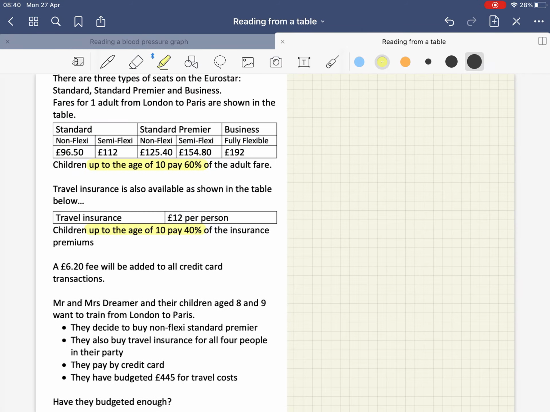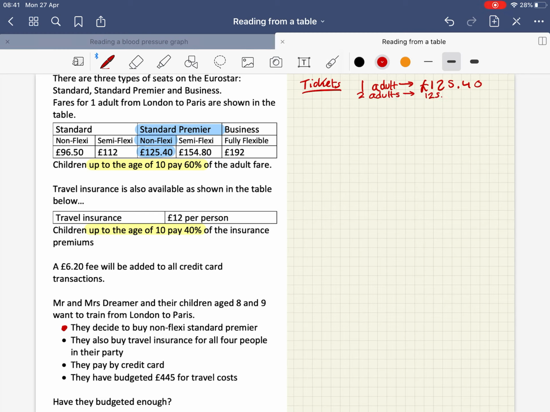So, zooming out, let's have a go at this. So, again, working from that first bullet point. So, tickets. And we are dealing with a non-flexi standard premier. So first, I make sure I go to the standard premier, and it is going to be non-flexi. So that's the number I'm working with. So one adult is going to be that £125.40. So 2 adults,